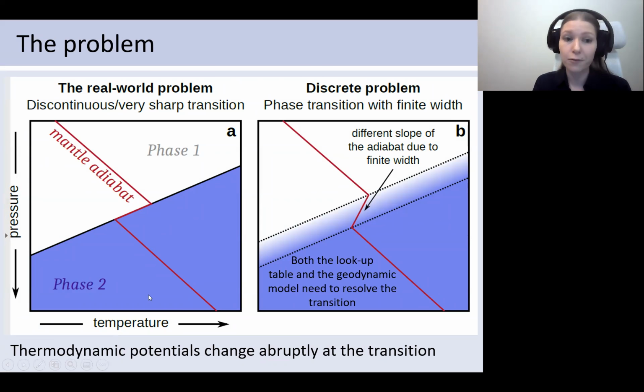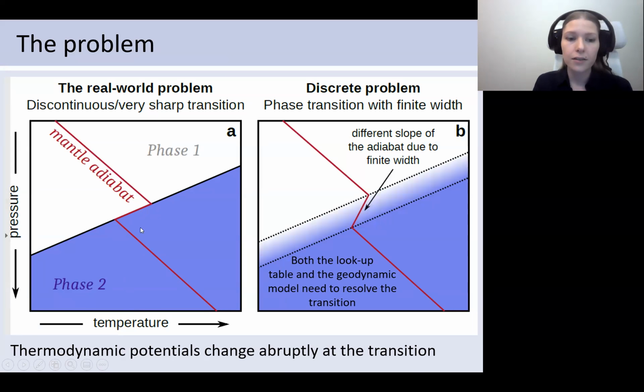If we have a thin phase transition in the real world, like shown here on the left, where we see it in pressure and temperature space, we have a phase 1 and a phase 2, and then a really abrupt change between the two. If we look at the temperature change, we have to look at the mantle adiabat. So if we are in phase 1, we increase in temperature as we increase in pressure. At some point, we hit the phase transition. Then the adiabat changes its slope abruptly and goes along the phase transition until everything is converted from phase 1